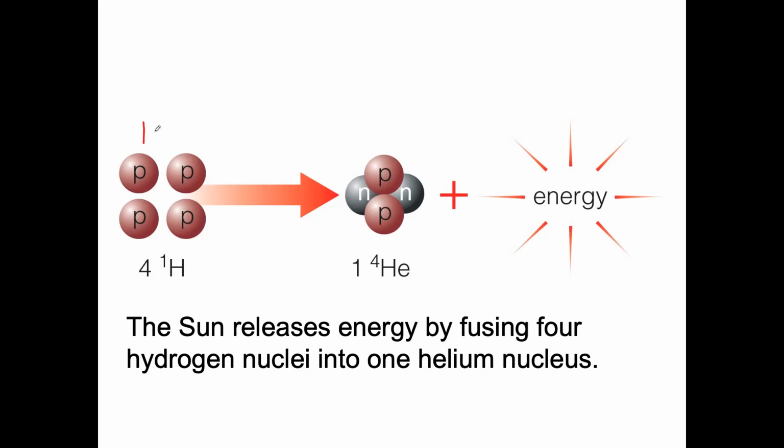So if each of these has a mass of 1, we would think this has a mass of 4, right? Except it doesn't. The mass of the helium is less than 4. How does that make any sense? Well,